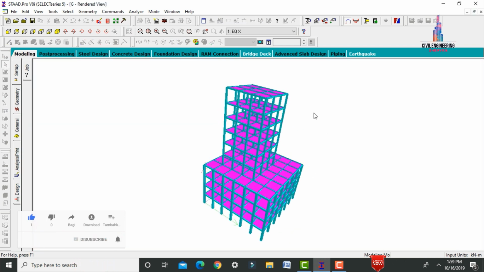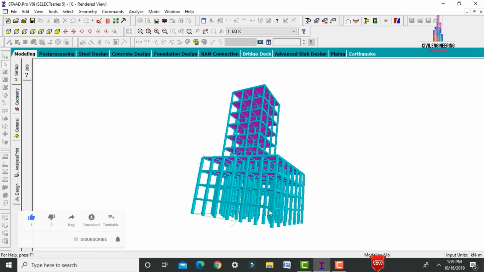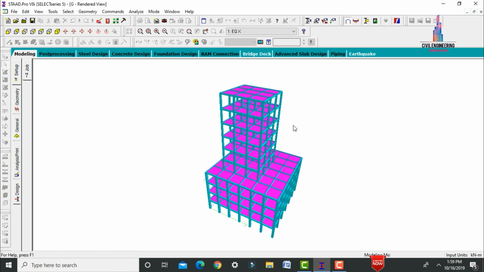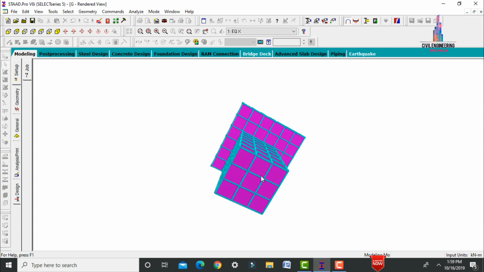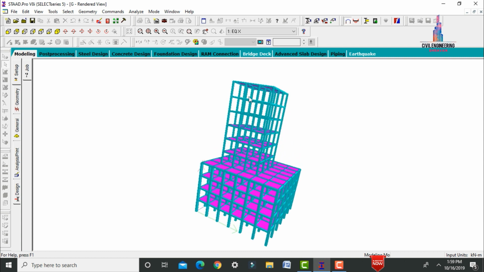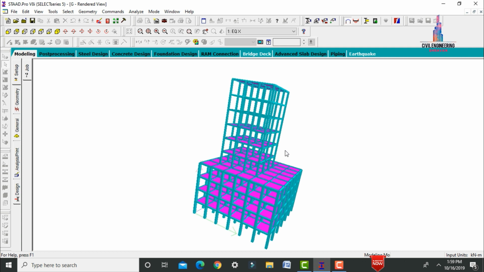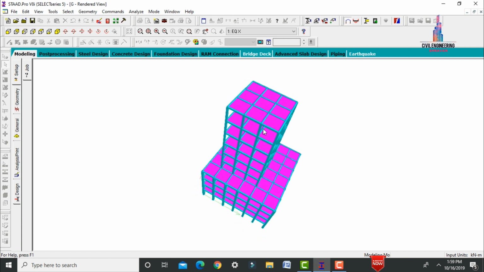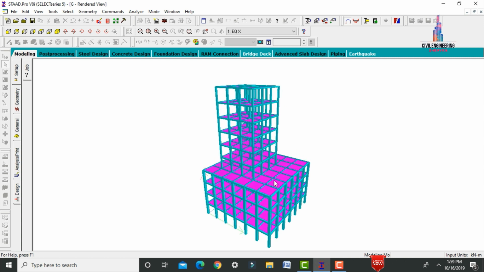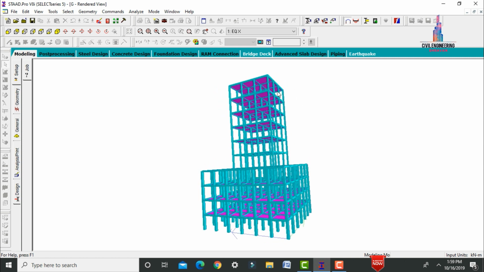It consists of a 4-story building with a rectangular section. Again, from the 5th story to the 9th story, it has some more irregularity. Due to the presence of the extra portion in the top section, the loading applied is higher for this section. Due to that, the design values and analysis values will vary from the shear point of view, bending point of view, as well as deflection point of view.